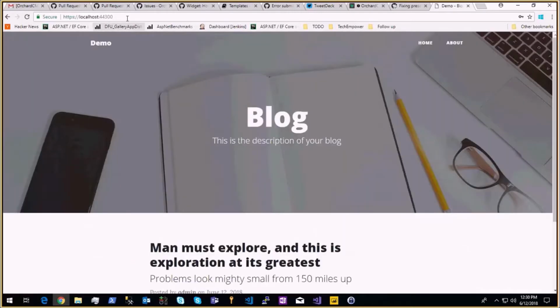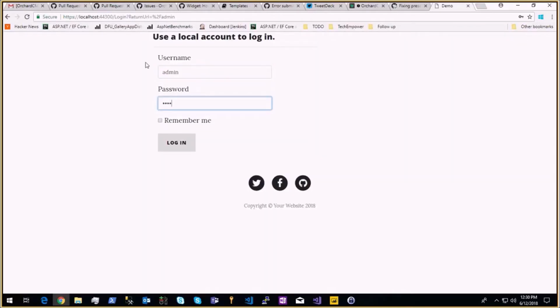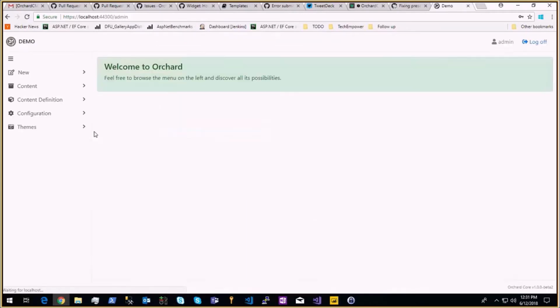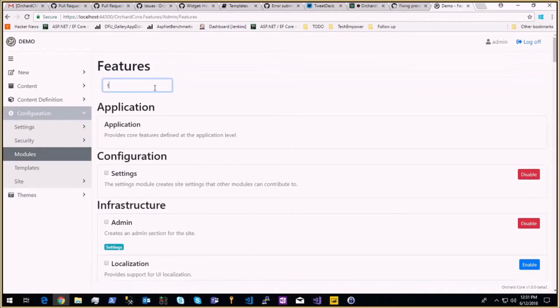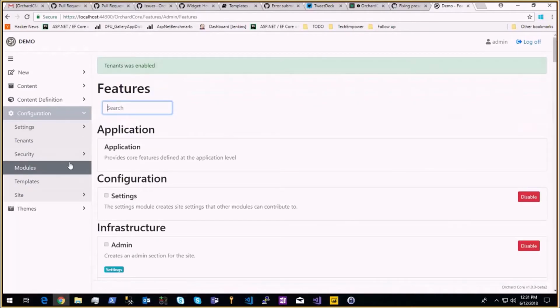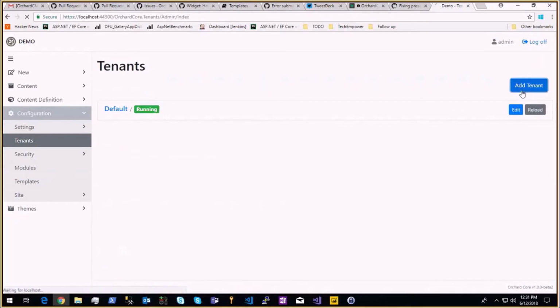So this is a default tenant. If I go to admin, I will see the tenants module. I will be able to enable the tenants module, which then contains the new feature that ensures it can only be enabled or disabled from the main tenant. So I have tenants, and now if I try to create a new tenant, the new thing